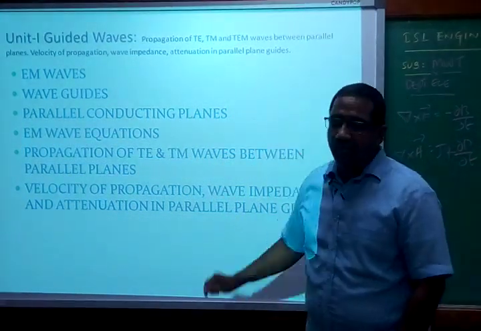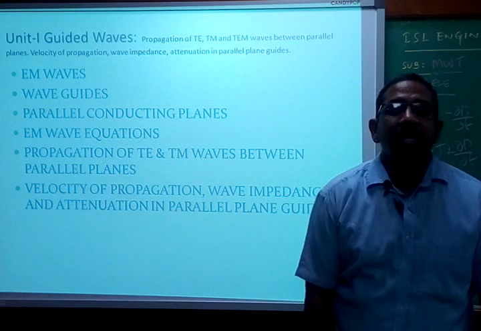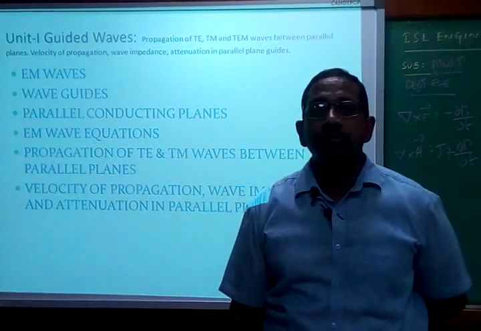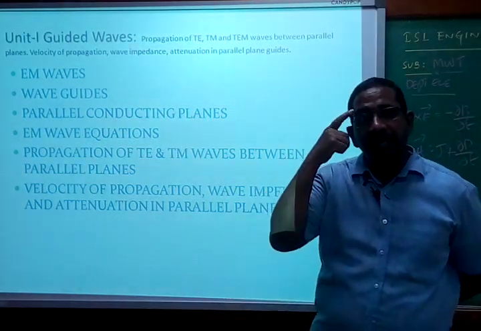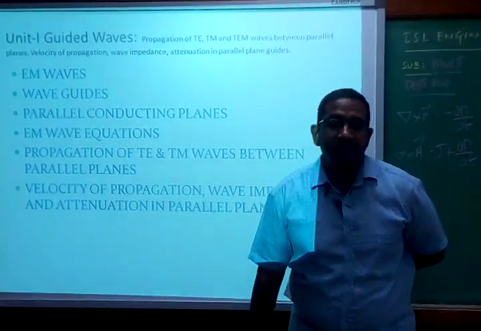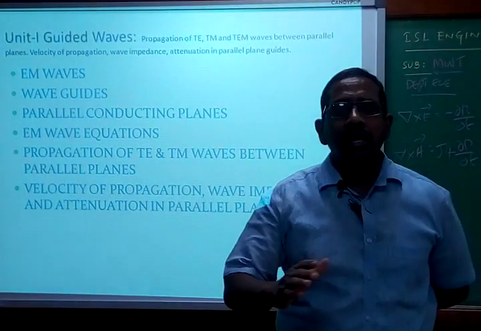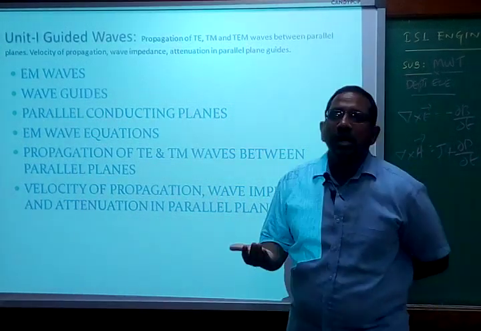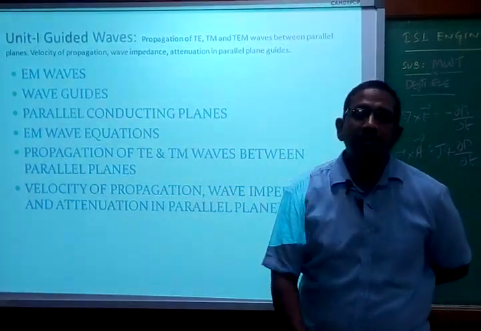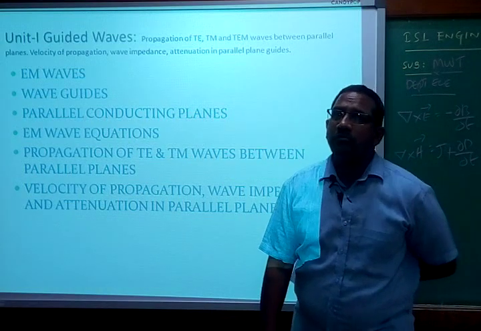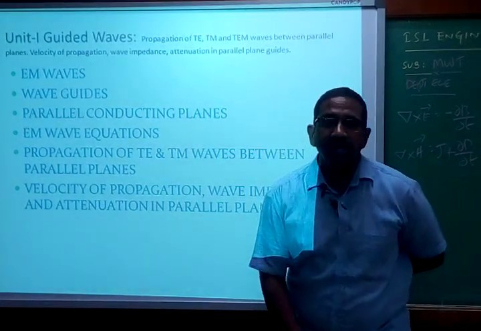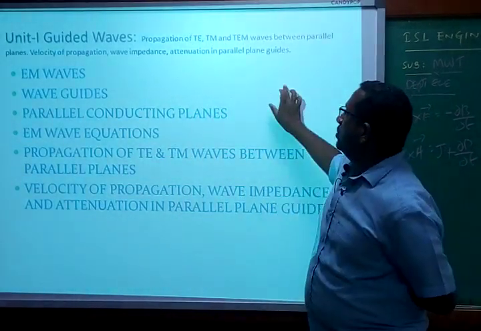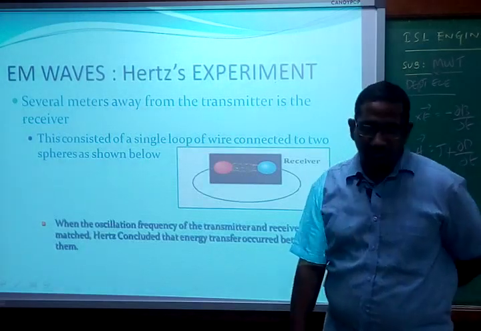What is the EM wave? As we discussed earlier, an EM wave is defined as a form of electromagnetic wave radiated in wavelengths as long as 1 centimeter to as short as 1 millimeter. So a 1 millimeter wave can be called an electromagnetic wave. That is the basis for whatever we have.